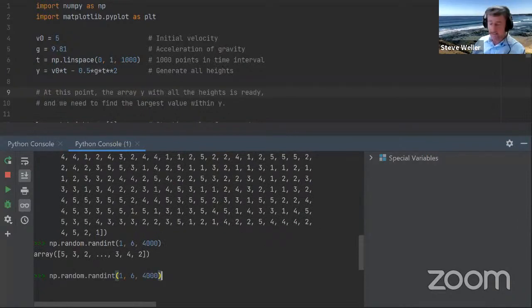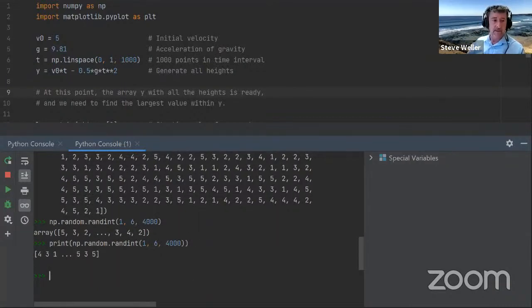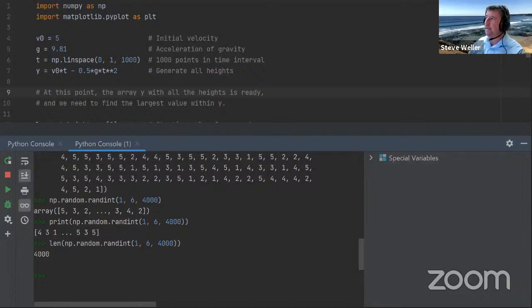It won't print them now, but let me print that for you. It'll produce the first few and the last few, but it's actually generated an array of 4,000 elements. Let's check that. If you don't take my word for it, let's ask for the length of that array, and it's 4,000.